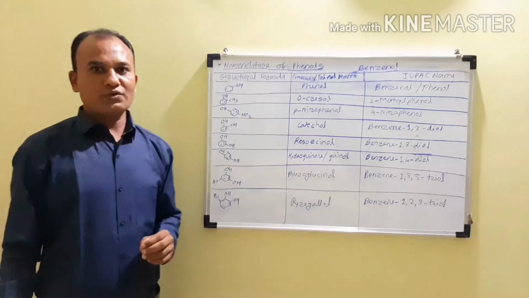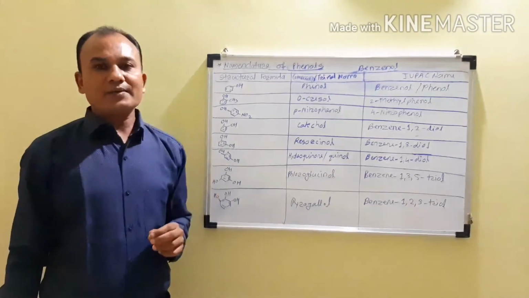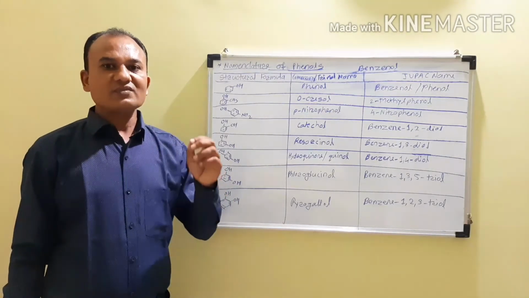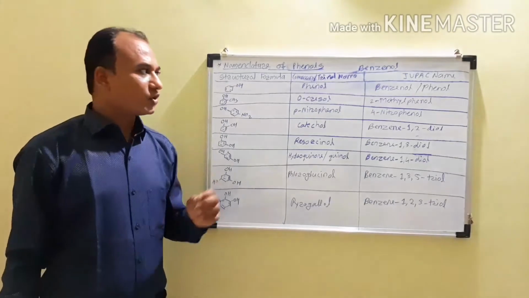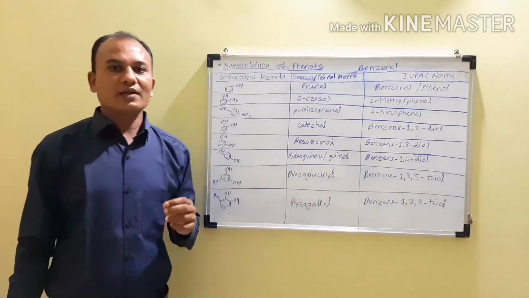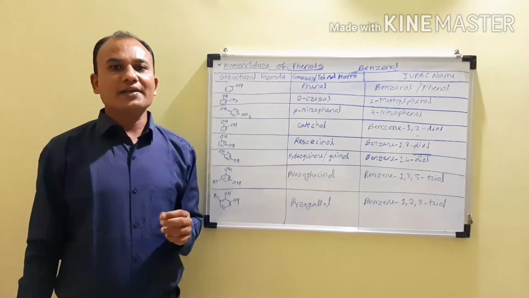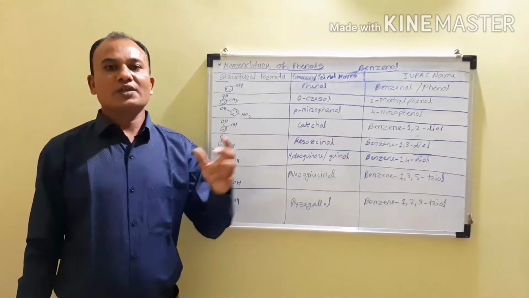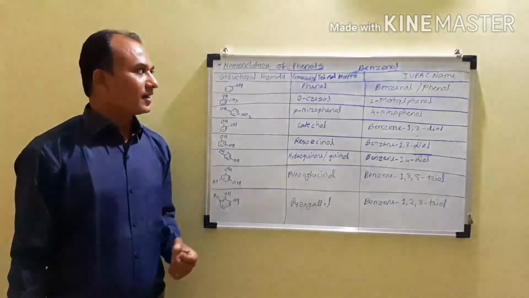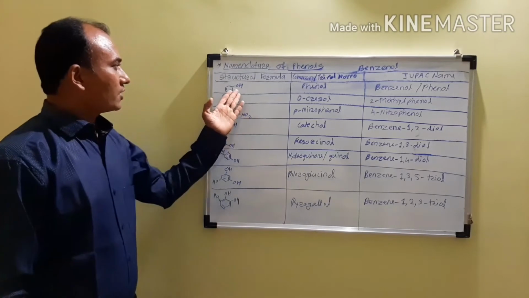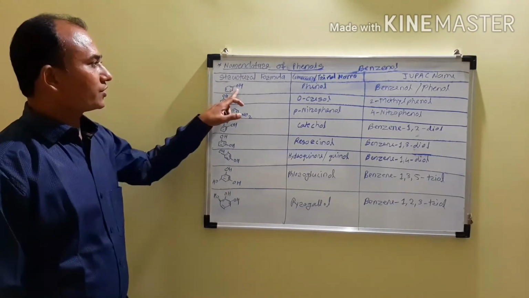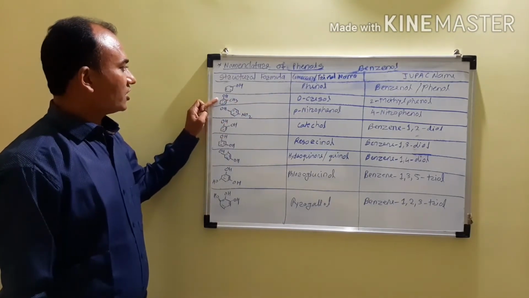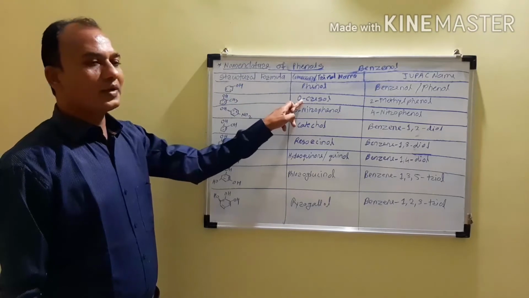In case of substituted phenols, in the common name system we are using ortho, meta and para as prefixes, and in IUPAC nomenclature we give numbering to represent the substituted groups, so we use numbers like 2, 3, 4. So let us take some examples. If we consider C6H5OH, the common name is phenol. Then with a CH3 group, the common name is O-cresol.